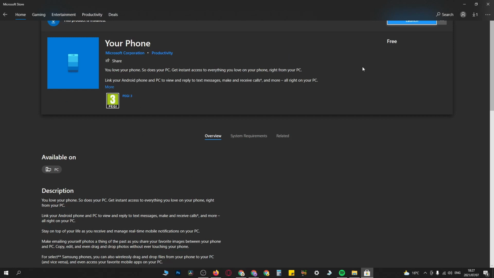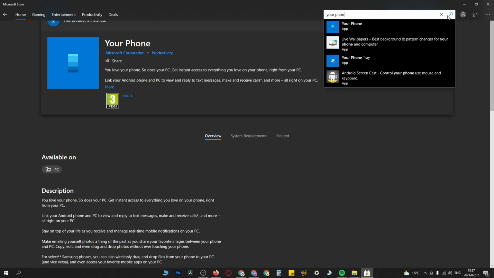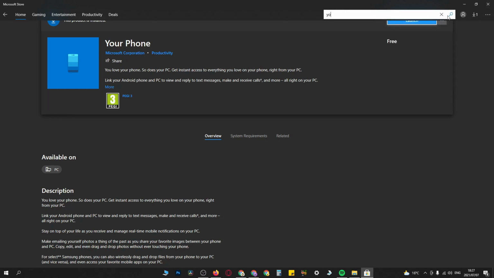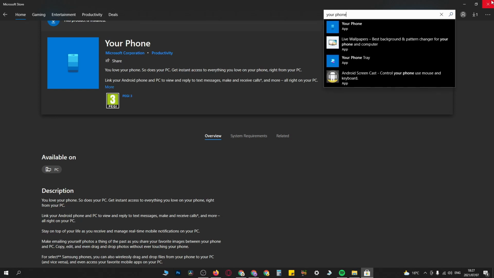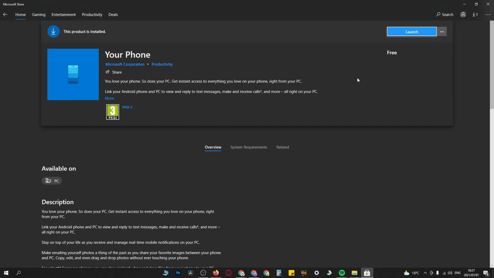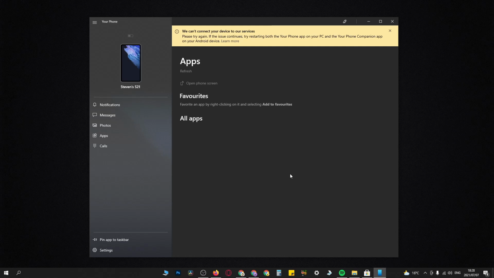But if you don't know what this app is, it basically allows you to mirror your Samsung Galaxy phone onto your Windows 10 PC, allowing us to use TikTok. So just search up in the search bar of the Microsoft Store your phone. It should pop up there, and then you click on it, and it's a very small install file. So when it's installed, you just click on launch, and it will look something like this when you open it